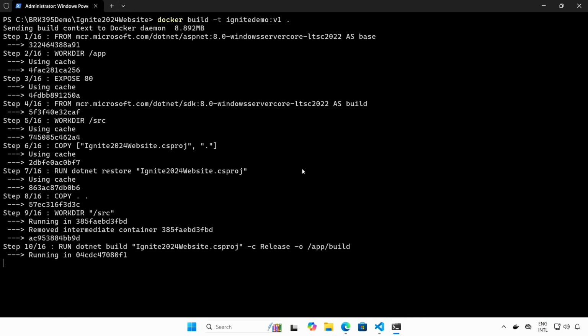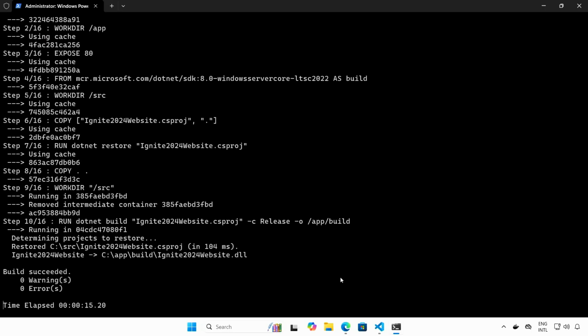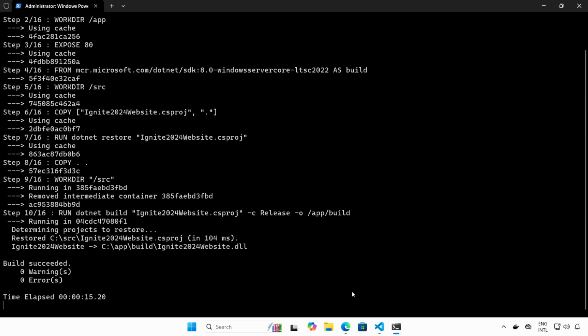It's running really fast here, simply because I already ran this. But essentially, if you look at what we had in the Docker file, it's running step by step, exactly as you would do, and creating the container image at the end based on all the configuration that you just provided as part of that Docker file. So, all right, it ran.